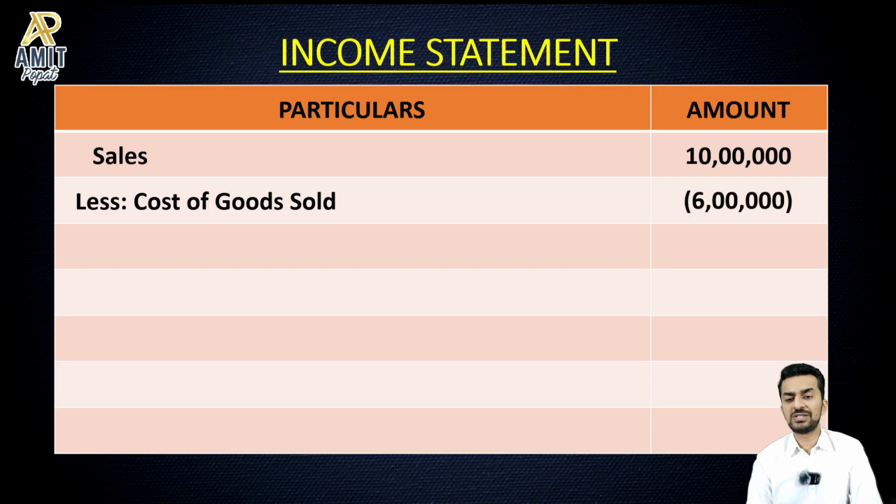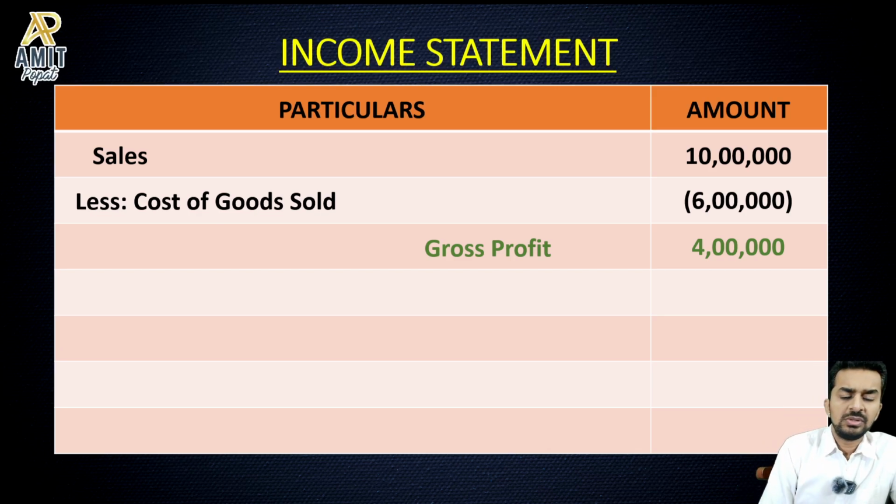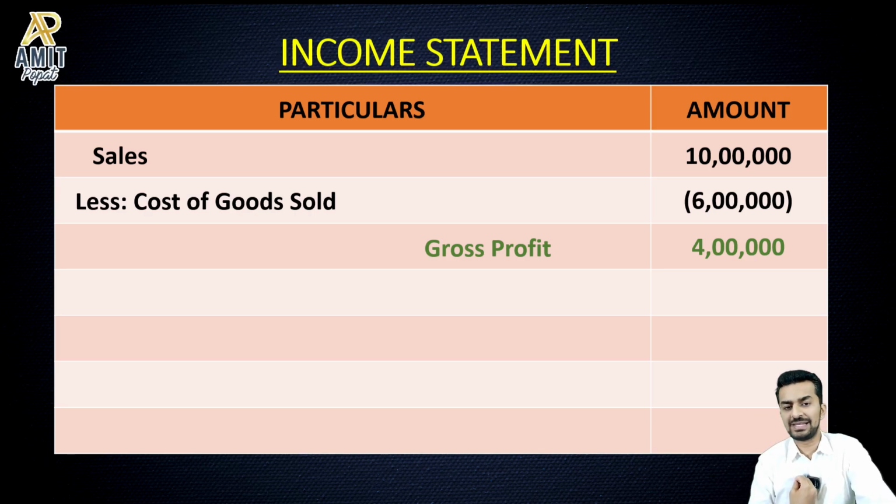So if I do the sales minus cost of goods sold, that gives me gross profit. In my example, I can say that gross profit is 4 lakh. Okay, I have not subtracted any expense of my business. Like if I'm running a shop, I must be paying electricity bill. If the shop is rented, I must be paying rent. I must be paying salaries to my employees. So all these things I have not subtracted. It is just gross profit. Like okay, 10 lakh rupees worth of goods I sold, and to procure that goods, I had to spend 6 lakh rupees. So 4 lakh is my gross profit.